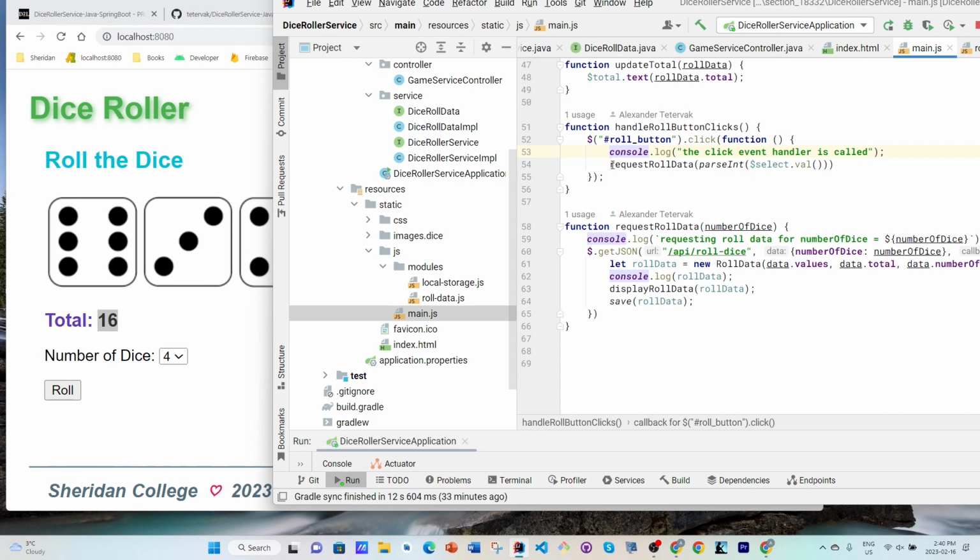This is log. It is calling request raw data for the number picked from the current selection. If you call select val without parameters, it will give you the current value. If you provide a parameter, it will flip this box. This is behavior from jQuery. So I didn't provide parameters, so it will pick whatever is selected and call request raw data parseInt